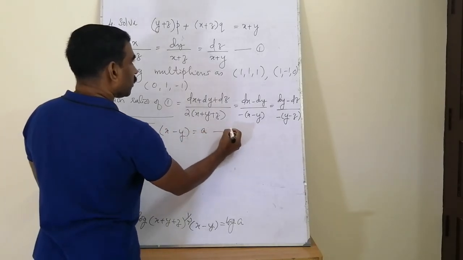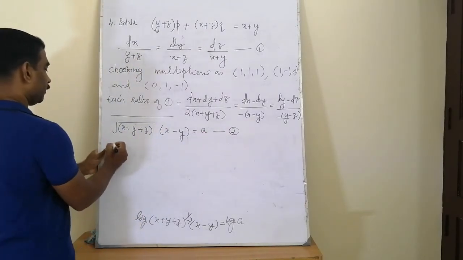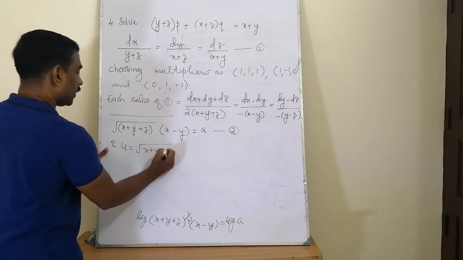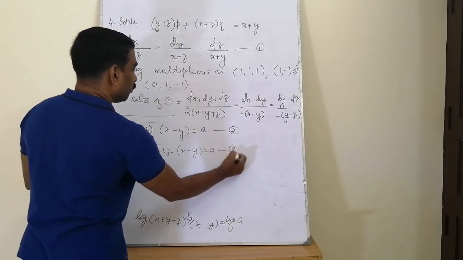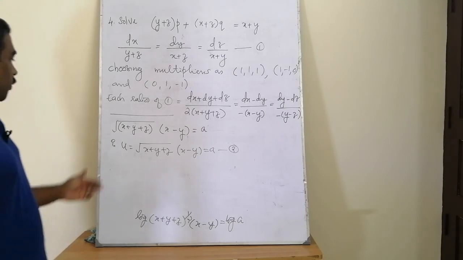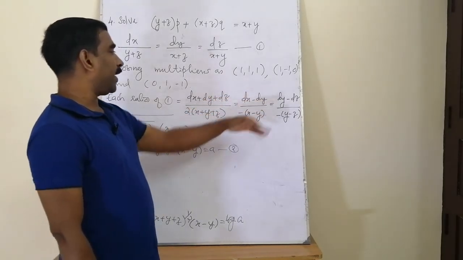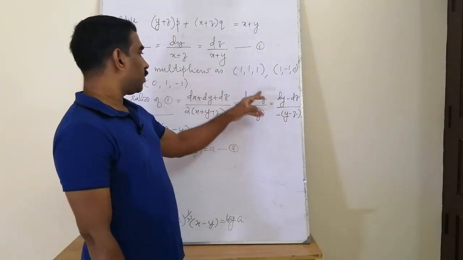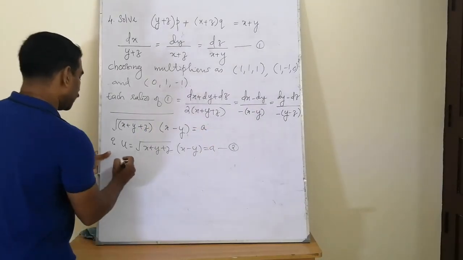We call it set number 2. That is, we get a solution as u is equal to root of x plus y plus z into x minus y equal to a. This is our equation number 2. And similarly, we can construct another set, say v is a constant, from the remaining ratios. Suppose we are looking at the fifth and sixth ratios, that will suggest another independent solution. From the fifth and sixth ratios,